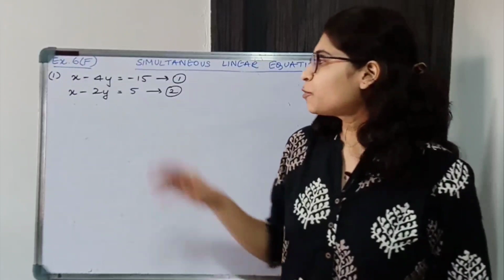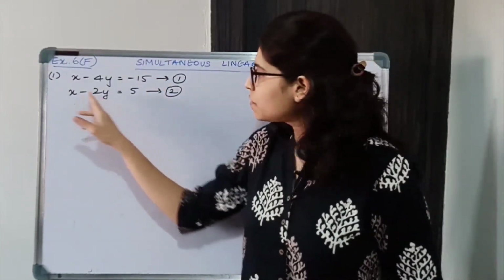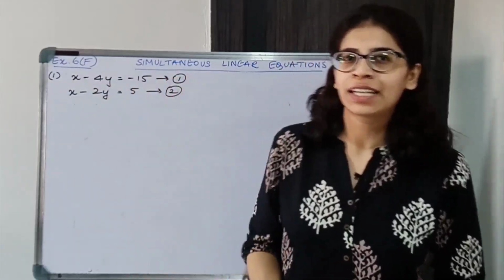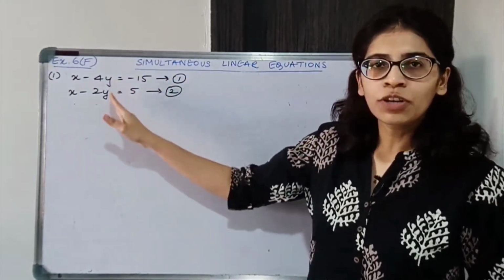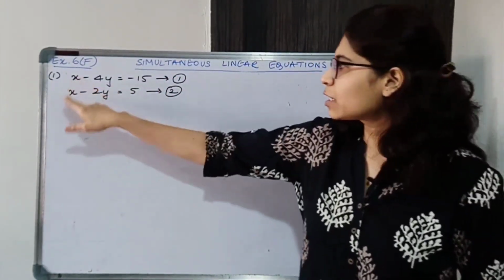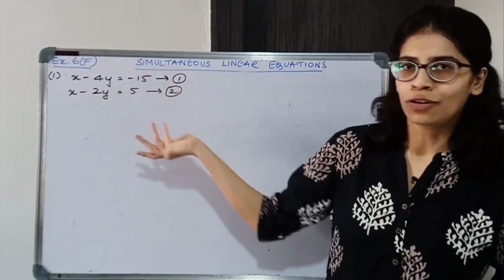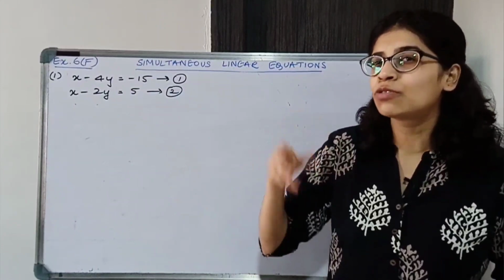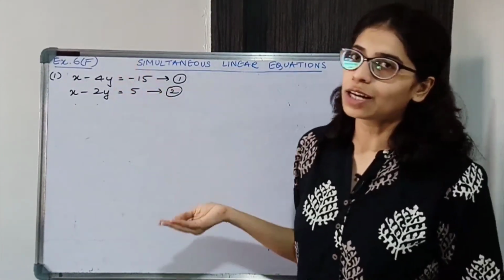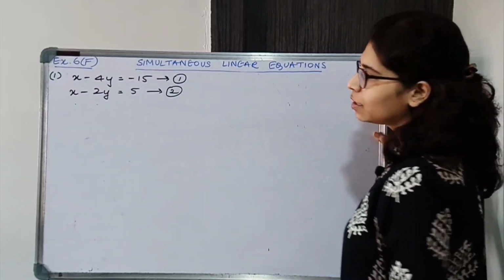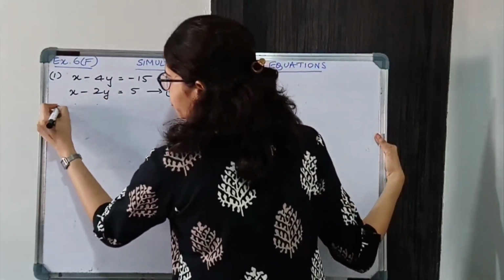Now we will subtract the two equations because we already have x over here. We just need to subtract and x will get cancelled. So there is no need to make coefficients equal over here. X का तो coefficient same ही है. Y का you can make same and solve further. That way also you can do, but that would be a lengthy method. Instead directly subtract कर दो. Okay. So subtract 1 from 2 or 2 from 1. I'll be subtracting 1 from 2.